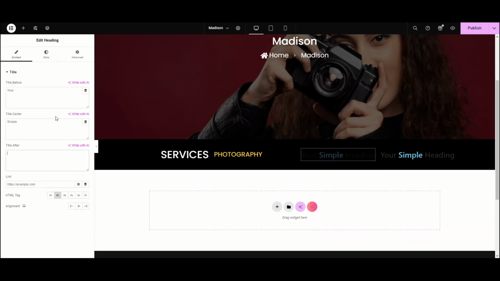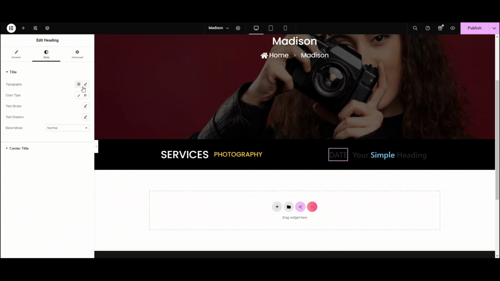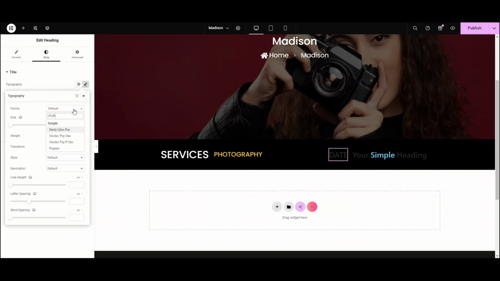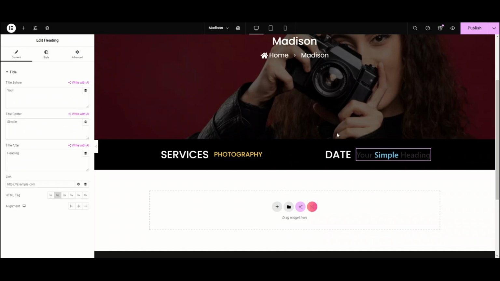I'm writing here Date. Adjust the typography, choose the font family to Poppins, adjust the font size to 40, adjust the weight. Now we will choose the color. I'm choosing white here.